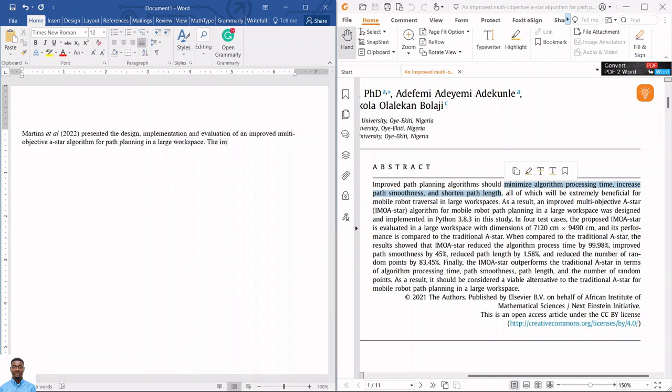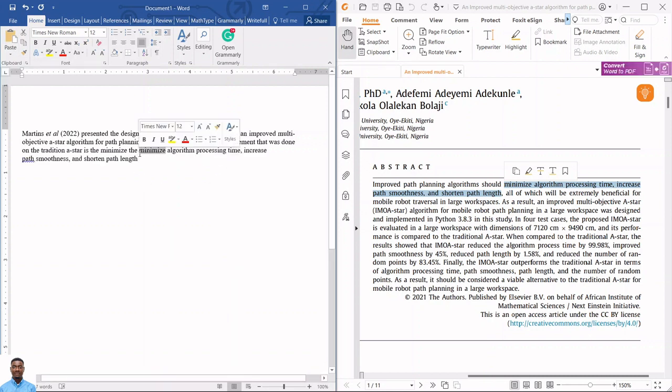the improved A-star, or the improvement that was done on the traditional A-star, is to minimize the algorithm process time, comma, increase the path smoothness and shorten the path length. Or you can say the multi-objectives